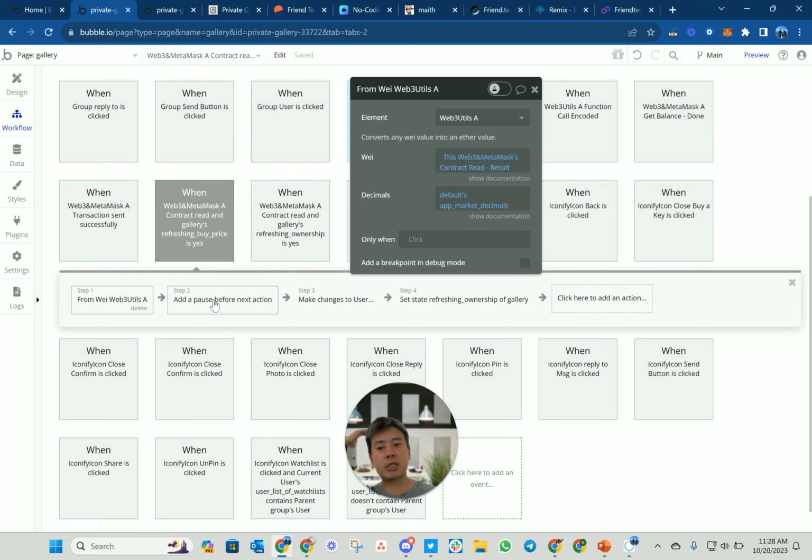And a couple things here. We have another plugin that is part of the Web3 and MetaMask plugin, which is called Web3 Utilities. What it does is it just translates numbers back from Wei. For those who aren't familiar, in simplest terms, the currency of Ethereum-based blockchains typically goes out to 18 decimals. So whereas dollars go out to 2 decimals, ETH goes out to 18 decimals. And more often than not, you're actually using those decimals for things like paying for gas because it happens on